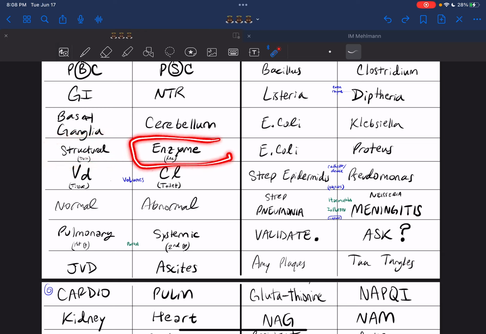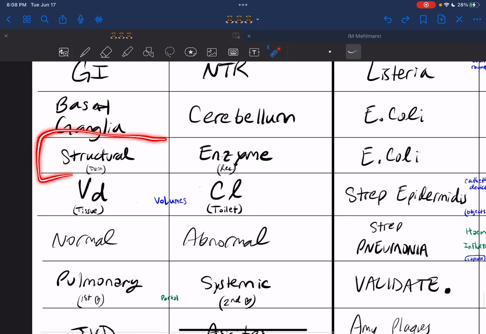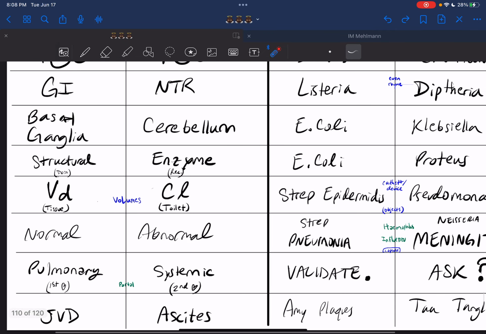So then structural proteins versus enzymes. Enzymes do things, structural proteins don't do anything. They're just like brakes. They just sit there, and that's what they're good for. They don't physically break things down and all that stuff. So structural proteins tend to be autosomal dominant, and mutations in enzymes tend to be autosomal recessive. So when you're looking at diseases,